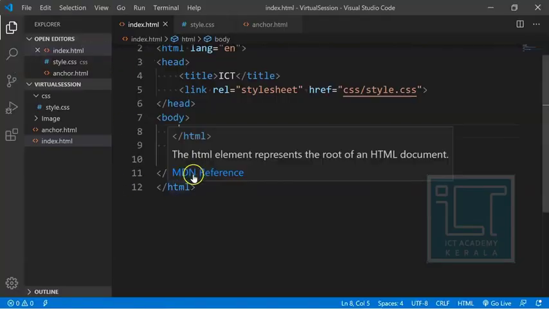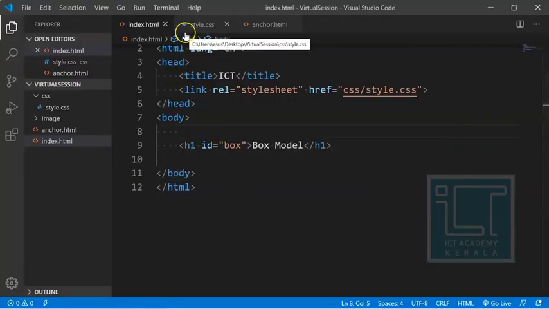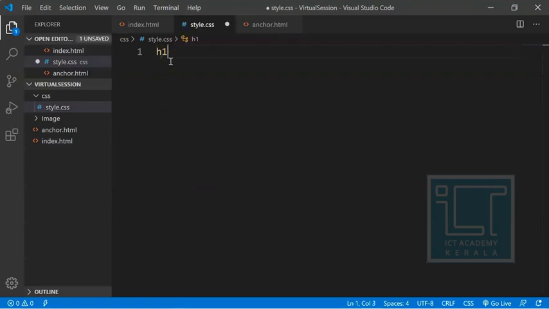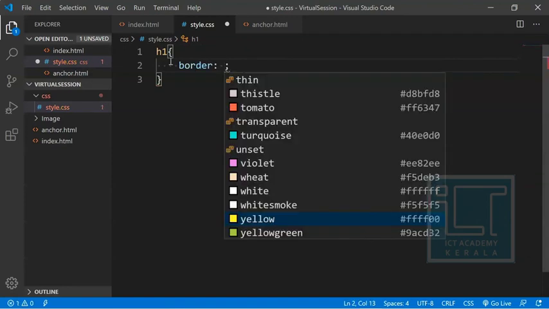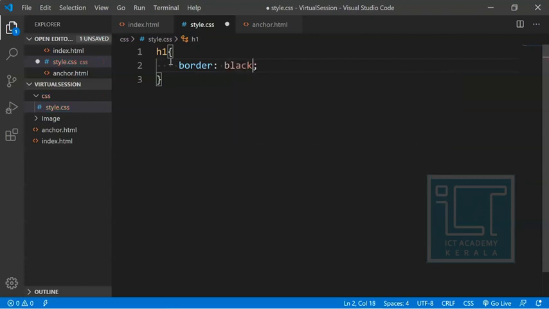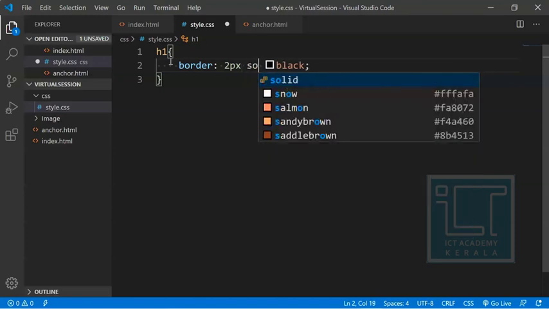So in order to identify that particular border, in order to see that particular model, we can directly call h1 in the CSS, and we can write border. We have to provide a color, which is black, but before that we have to provide how much thickness I need my border, that is 2 pixel, and it should be a solid line.